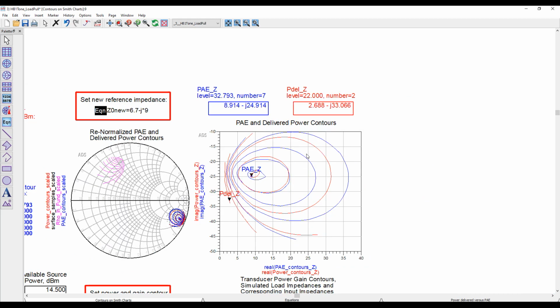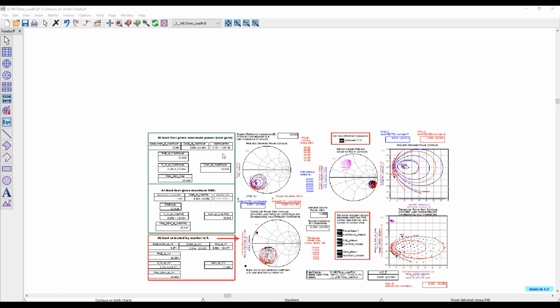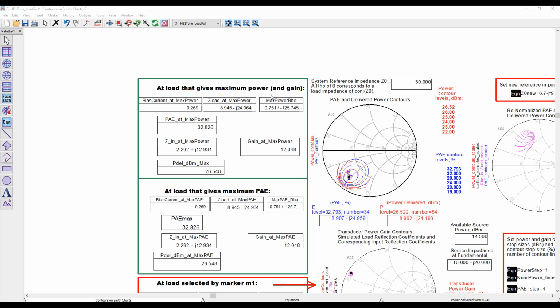This is a close-up view of the PAE and output power contour, so you can clearly see that peak power and peak PAE are overlapping each other. In conclusion, these are the impedances for the maximum power and maximum PAE which we selected.